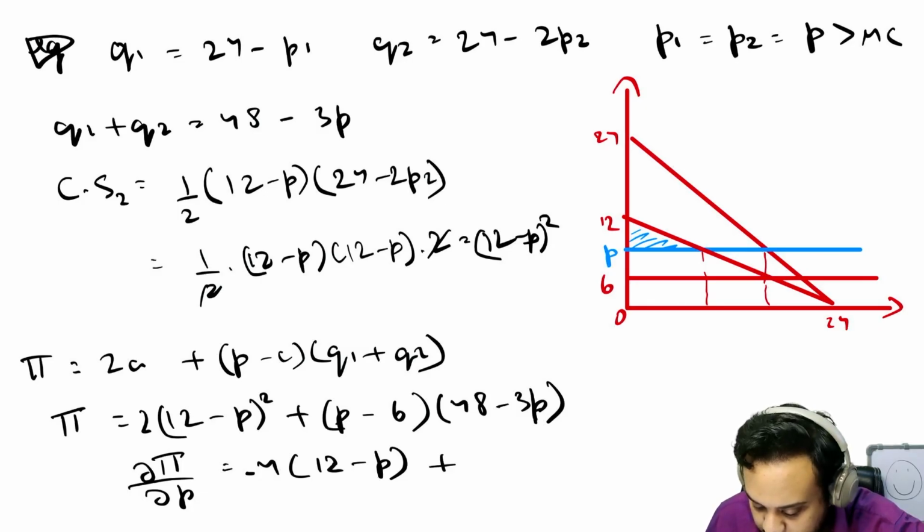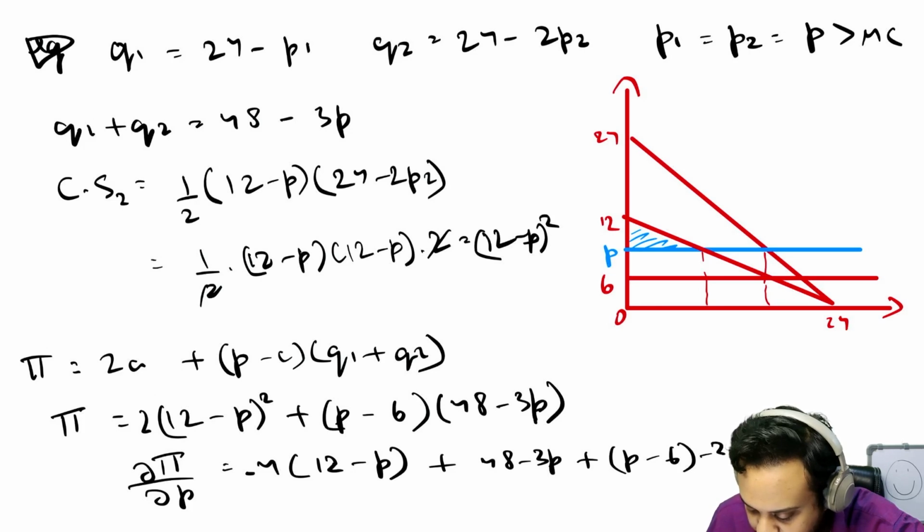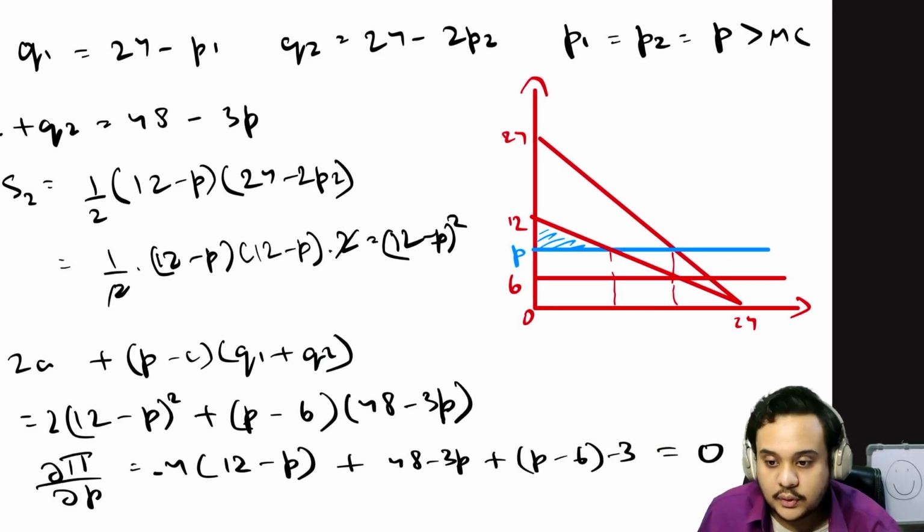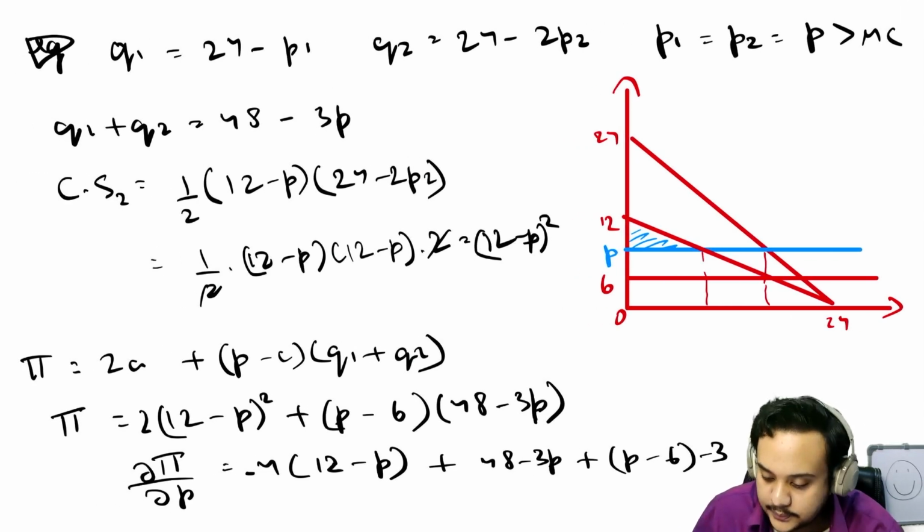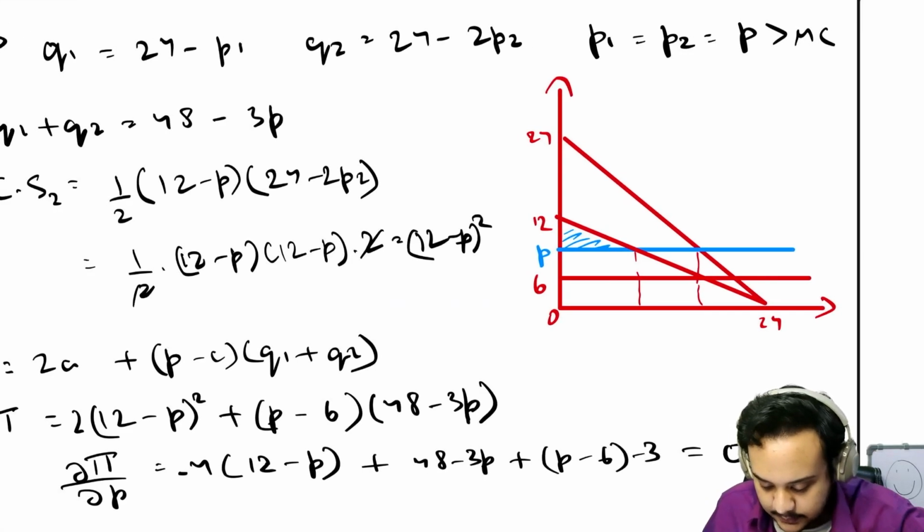Plus you can just find the thing here, that is 48 minus 3P plus P minus 6 into minus 3. You are going to be equating this to 0. Now you can just solve this very easy. You can just write minus 48 plus 4P